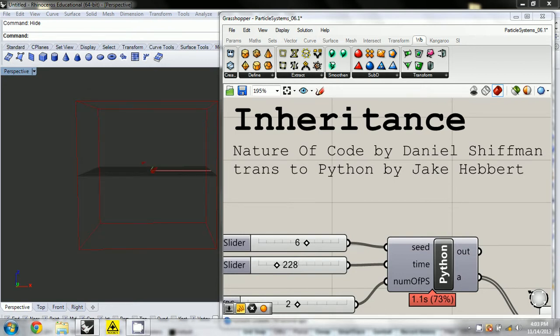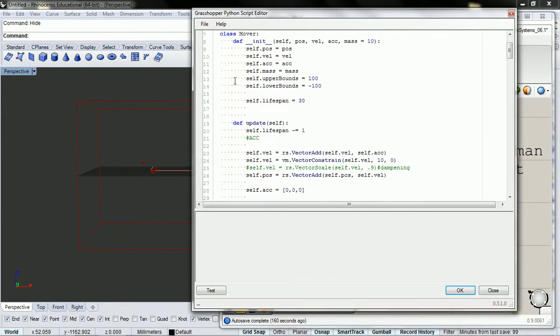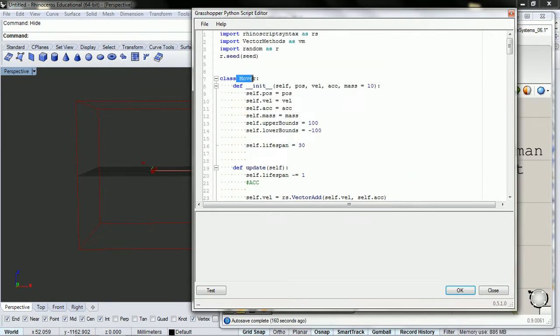Okay, so now I'm going to talk about inheritance and how you can use all the functions of a class mover, have a different class that is a type mover. So